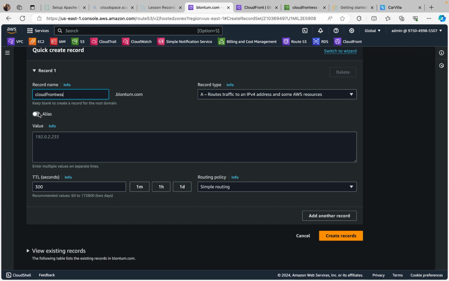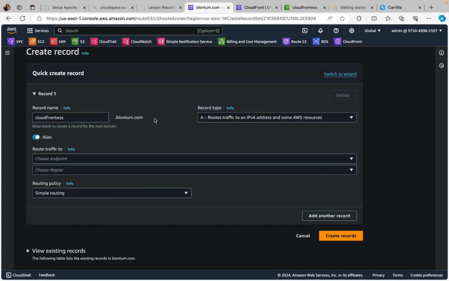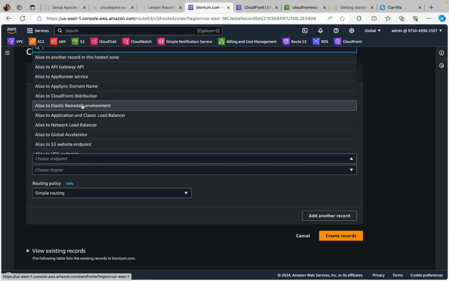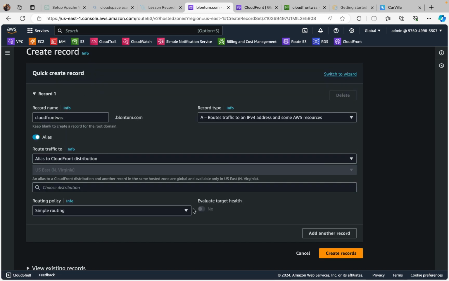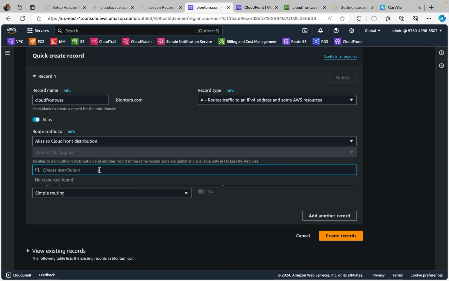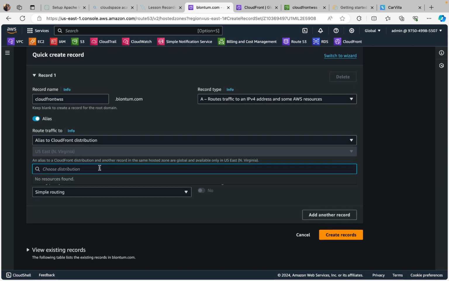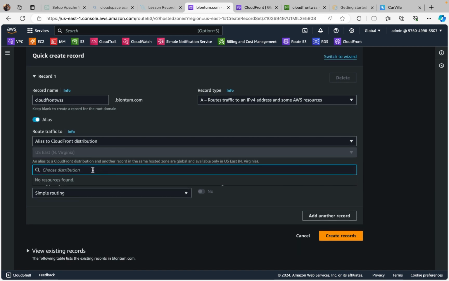It's an alias, so therefore we come back here. Since it's an alias, a domain name to a name, we are getting it from the CloudFront distribution. And what is the name? Oh, you see, we can't find it here, which means that it's not the same. It's not what I'm writing here. If it was, then we could have been able to find it here. So simply we go back to